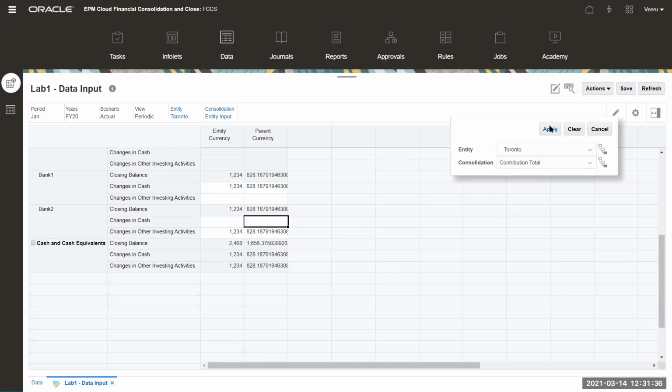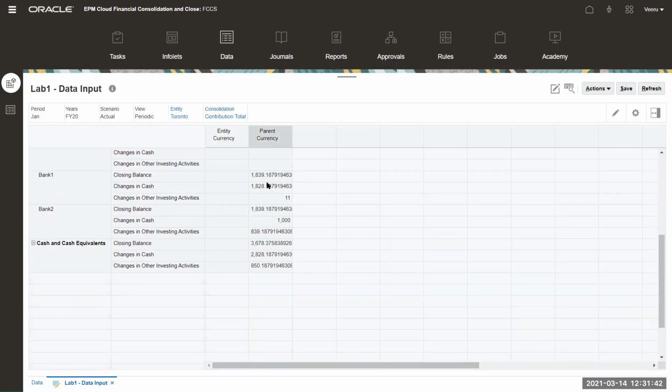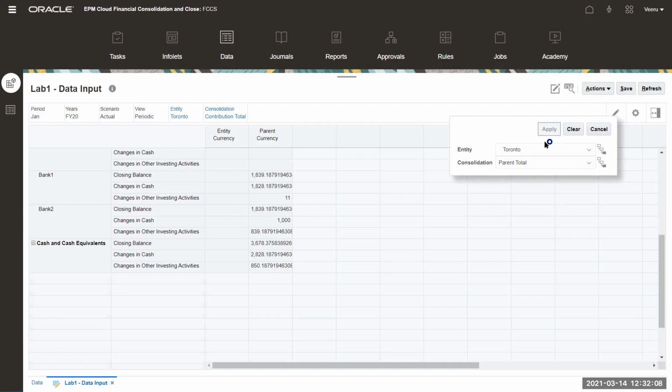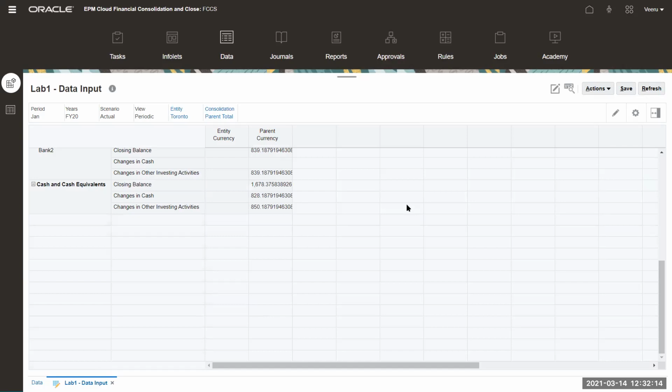Okay. So we can see the data till contribution at the parent currency, right? Exactly. So there is an intersection between the currency dimension, consolidation dimension, and the entity. Yes, correct. That is where the functionality comes into play, you are touching the good points. All this functionality is at the parent total level. That's why I created this lab and kept it ready. I know these questions will come.